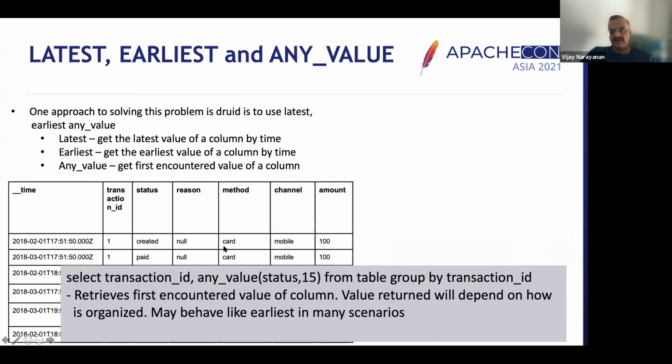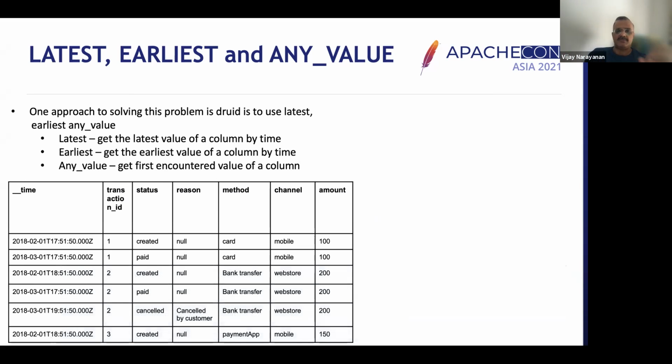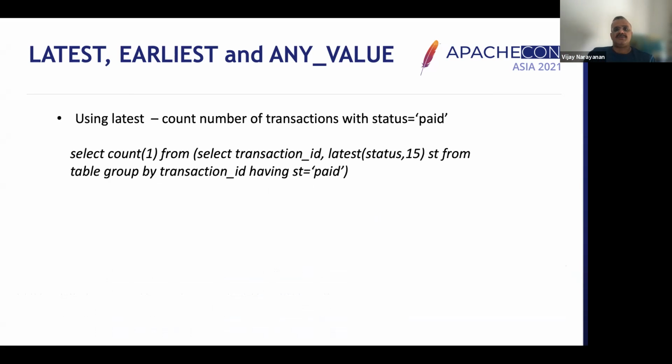So I could use any value on the amount here. Channel doesn't change. So pretty much any value can be used for those columns where your value is not changing. Right? So this is kind of one mechanism. So using this approach, what you can do is write a query like this to get the latest